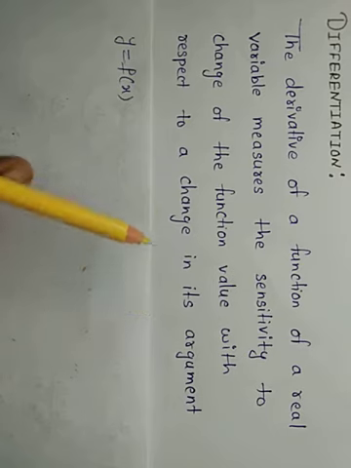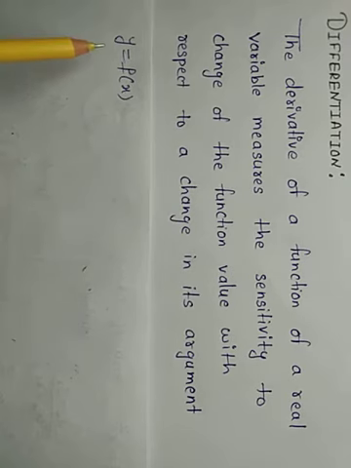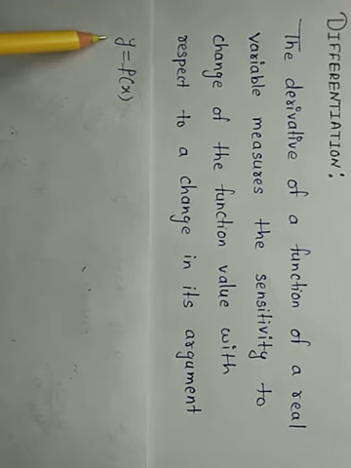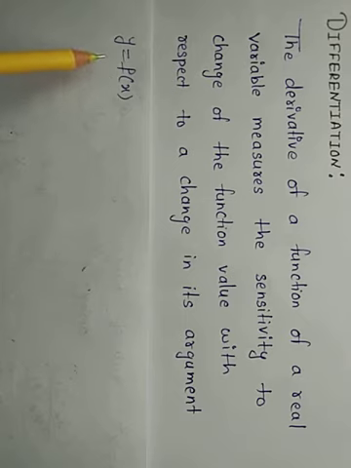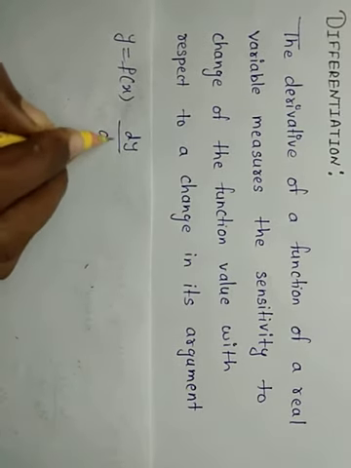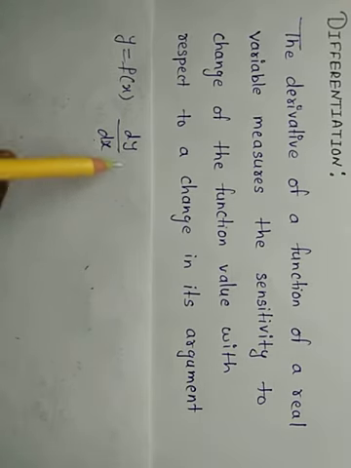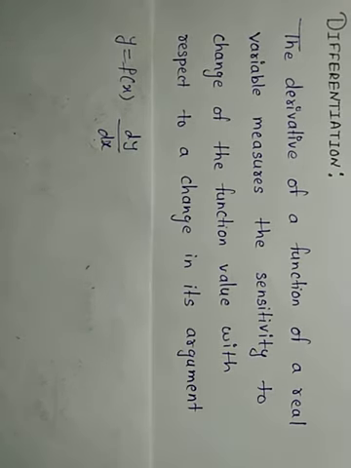In simple language I can say derivative is nothing but a rate of change of one variable with respect to another variable. In this case, rate of change of one variable, that is y, with respect to the other variable, that is x, because as x is changing, y is changing, because y depends on x. We write it dy by dx. This is the notation we use. It is the rate of change of y with respect to x. This is the derivative, and the process of finding the derivative is called differentiation.